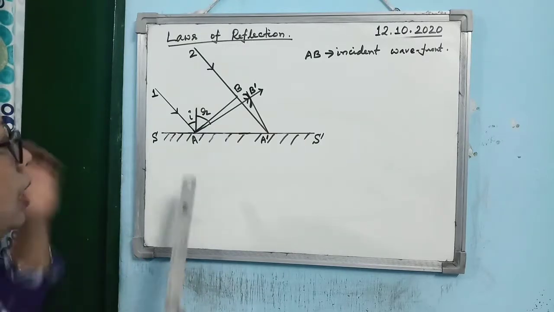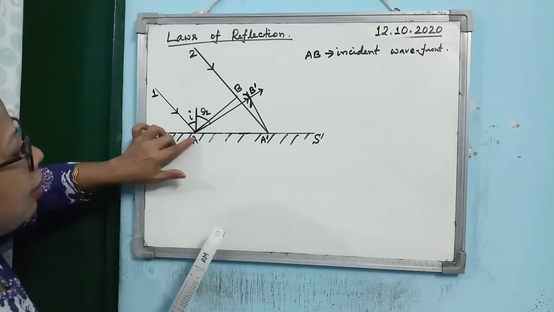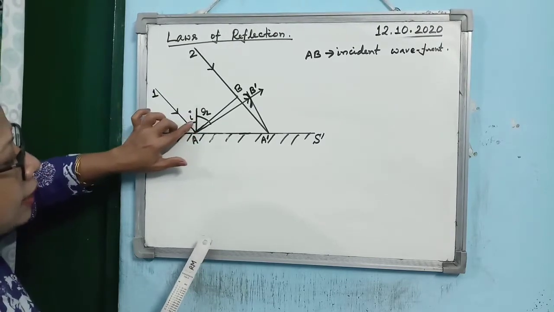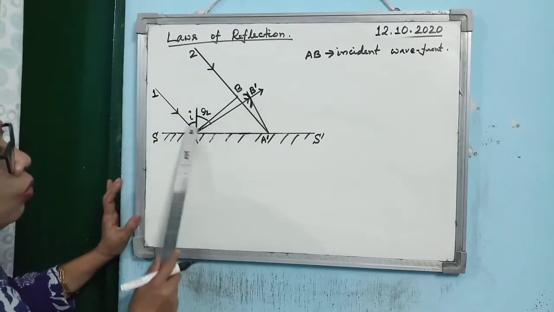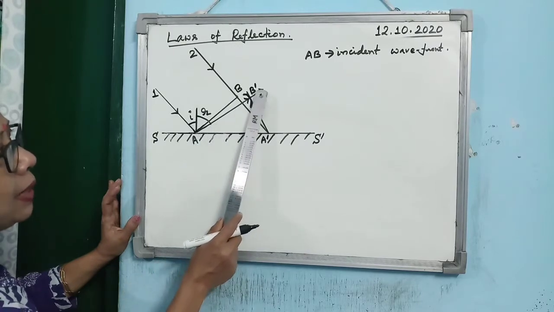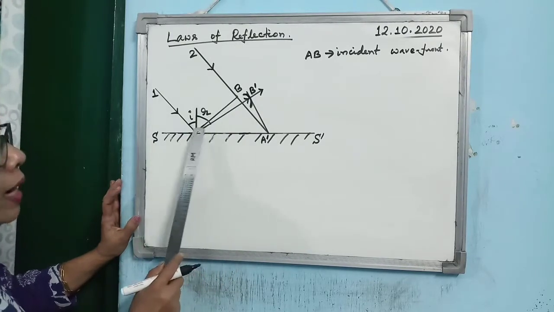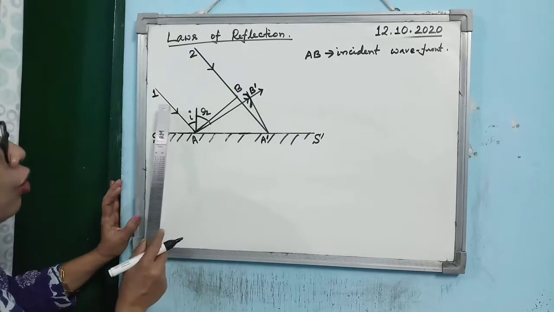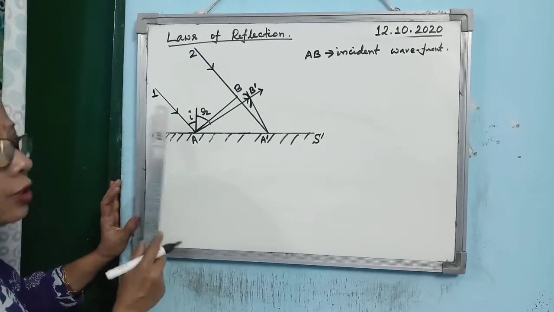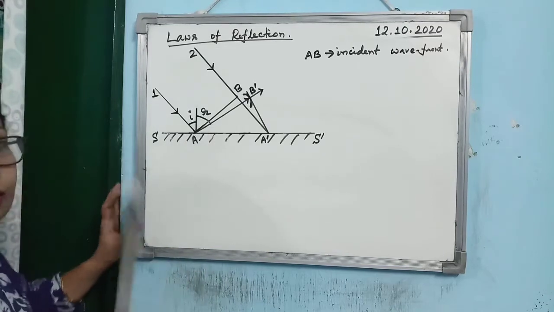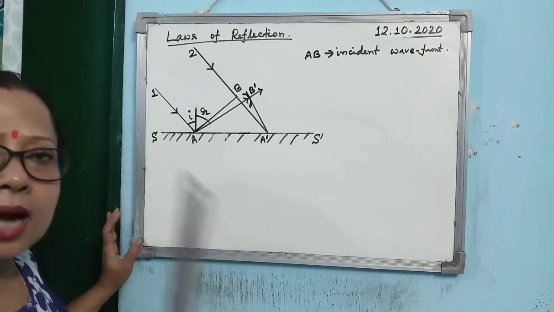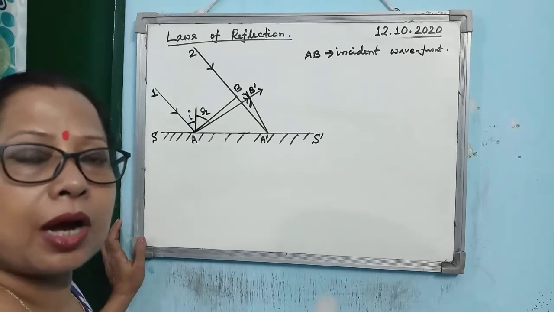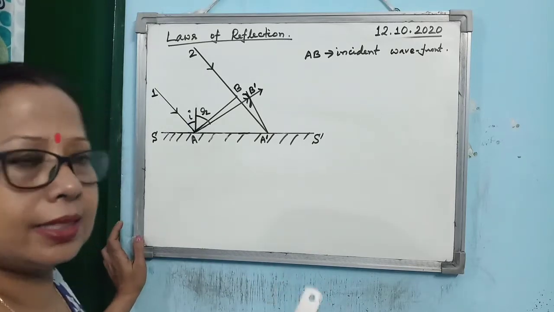Now, if you consider the ray falling at the point A, then you draw the normal and draw the reflected ray. What is the reflected ray? AB dash. I repeat, AB dash is the reflected ray of 1. So you draw that AB dash first. Is that clear? Now you understand how I have applied the concept of Huygens principle.